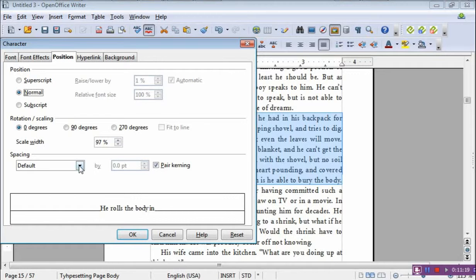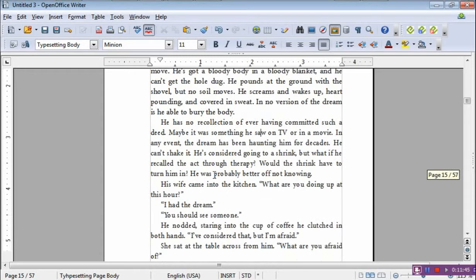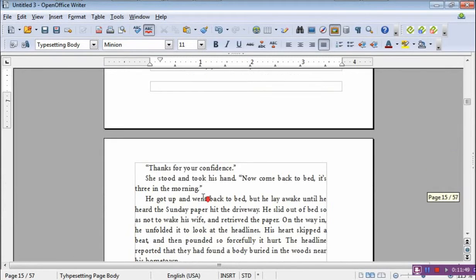And instead of condensing it, I go down here. Actually, I may be able to expand. Whoops. I could expand it going in this direction and make it 100%. And you see what it did is it spread it out a little bit. It's not offensive, or you can decide whether it's offensive or not, but it moved it down one line. So instead of ending here, this now ends over here. That means this whole thing was kicked down a line, and now we do not have a stray word at the end of the